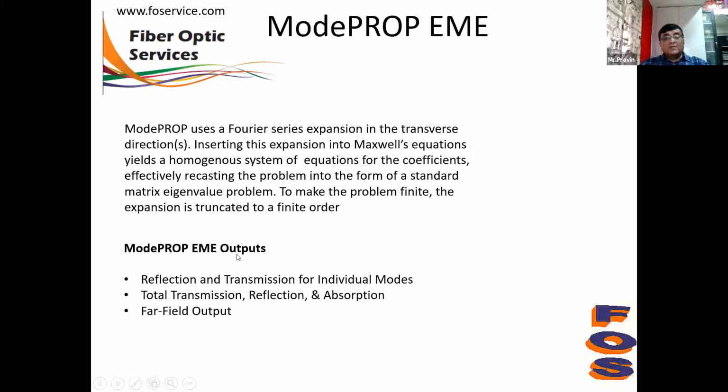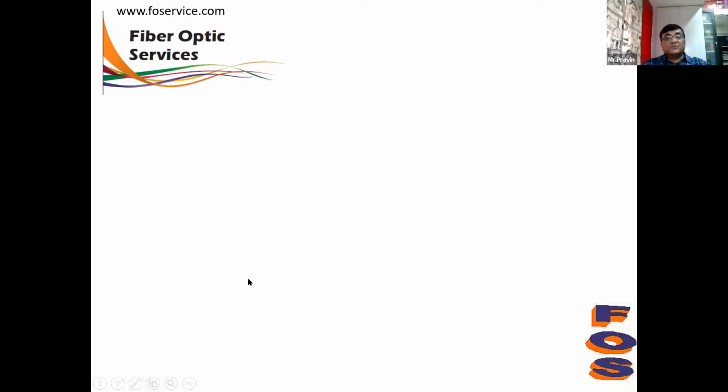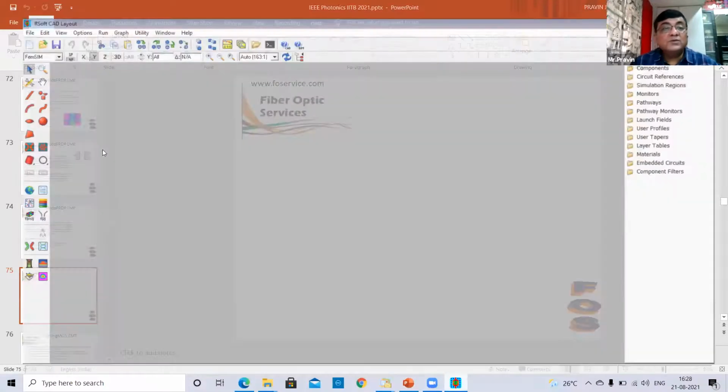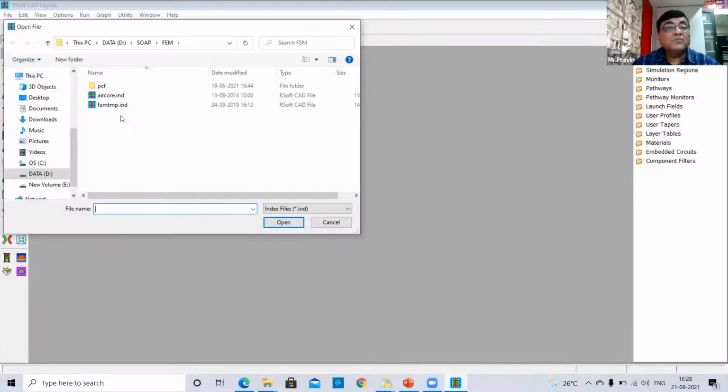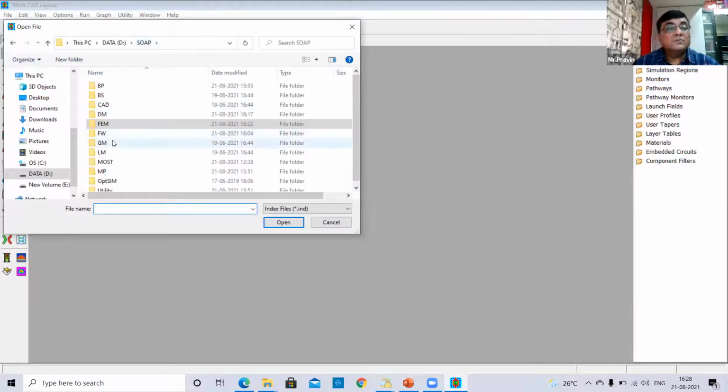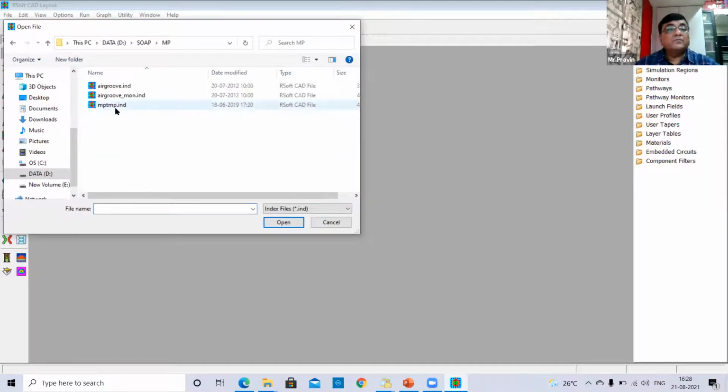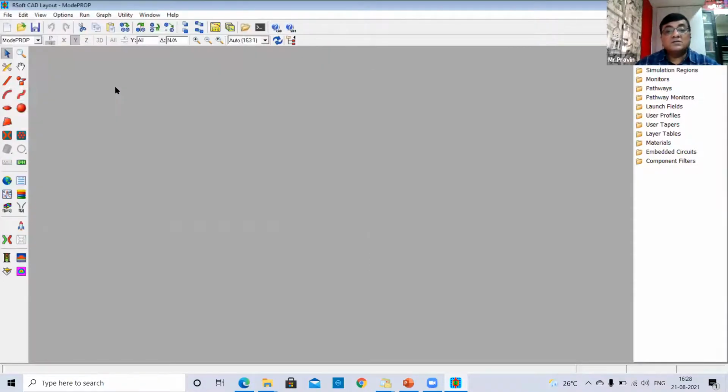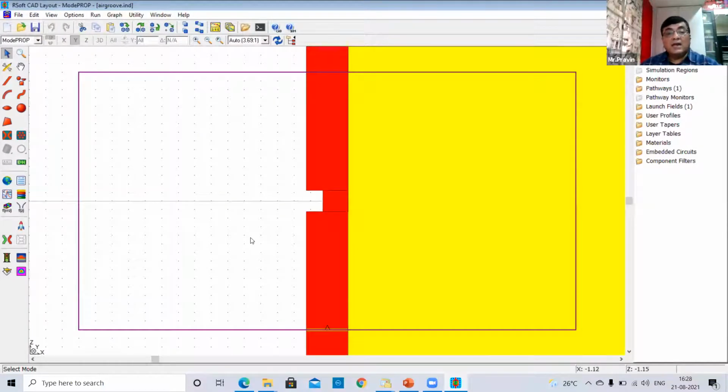So mode probe EME outputs are reflection and transmission of individual modes, total transmission, reflection and absorption, and far field output. I'll show you the simulation. This is an air groove structure, and